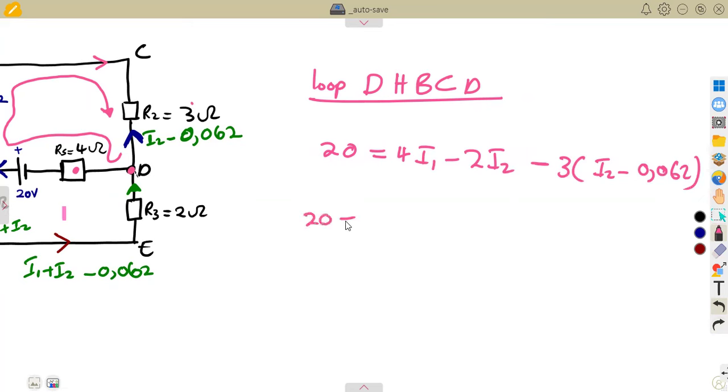Expand your brackets, collect like terms. That's where we formed an equation. So that's I1 minus 2I2, expand by negative 3. That will be negative 3 I2, negative times negative will be a positive. That's